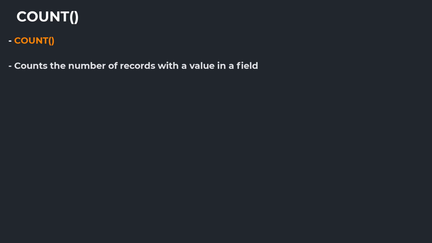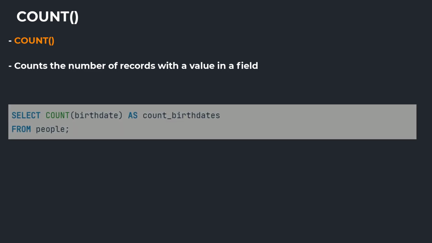Here we go with our first new keyword. Let's say we wanted to count something from our people table. The count function lets us do this by returning the number of records with a value in a field. For example, to count the number of birth dates present in the people table, we will use select count birth date from people. The result is